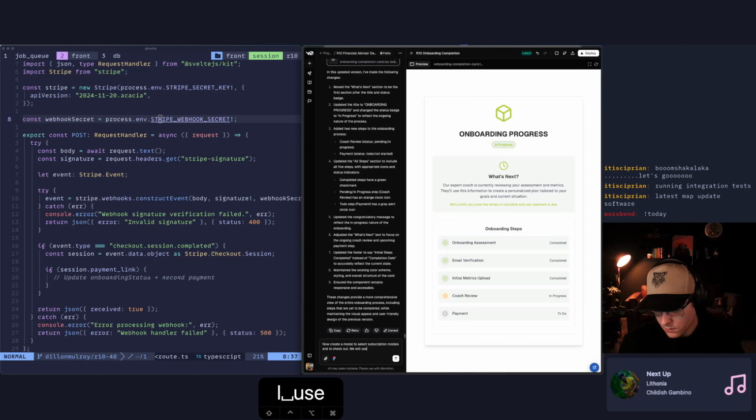We will use Stripe links and webhooks. Payment links and webhooks. The user should be able to choose between a monthly